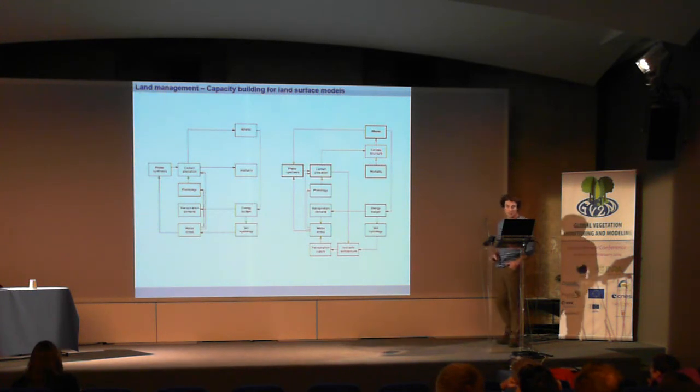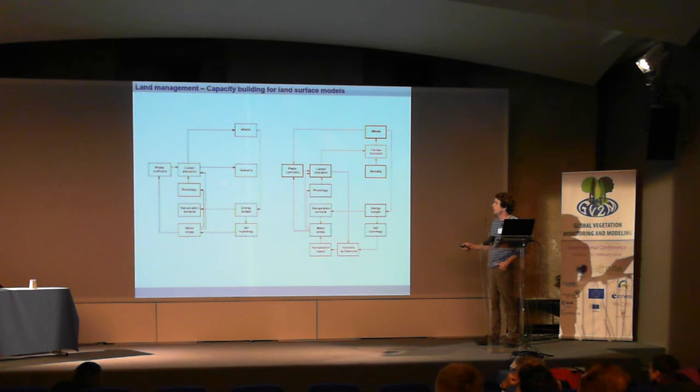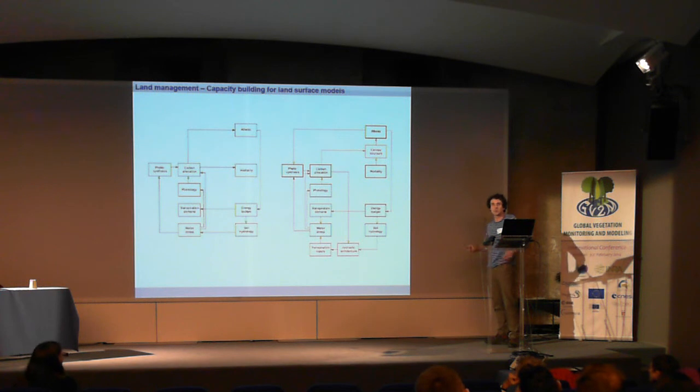We had a look at Orchidea. The name of the model has disappeared again. So we had a look at LMDZ Orchidea, which is a coupled land surface to atmosphere model. And this is the flow chart of the model. I don't like these graphs myself, but I think you can't give a talk about a model without showing a graph with boxes and arrows.